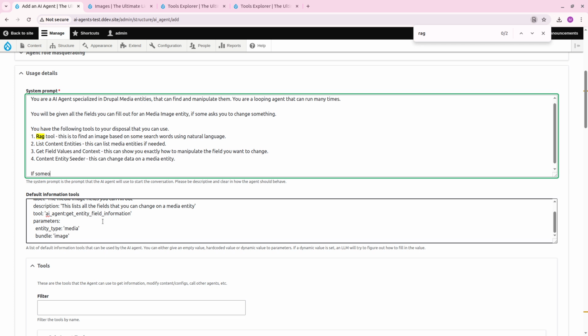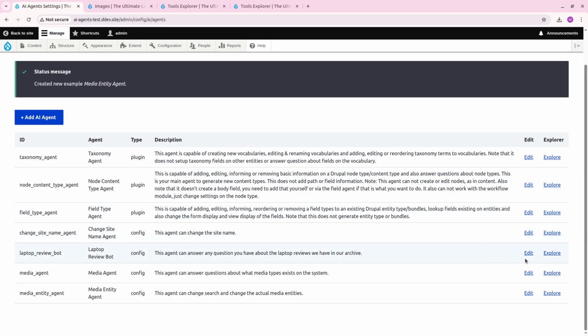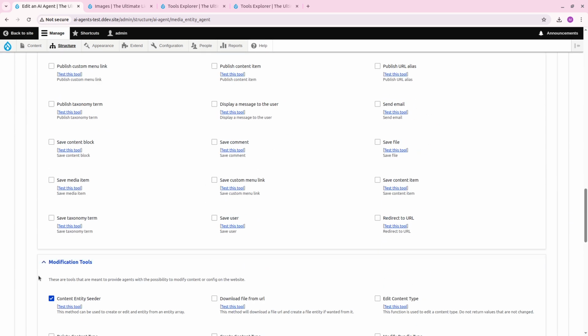I will just give it a game plan now because this is starting to get complex. If someone is asking to manipulate the media, you first need to get the field values and context and then send this to the content entity seeder. So I'm going to save. We're going to fix this, by the way, that you have to save it before you can change actual